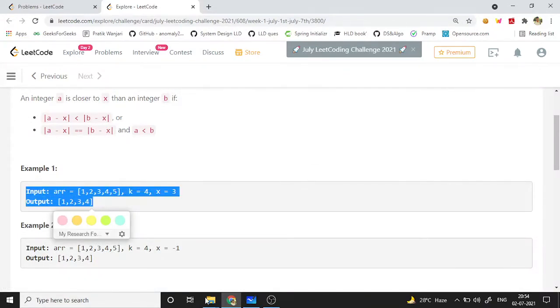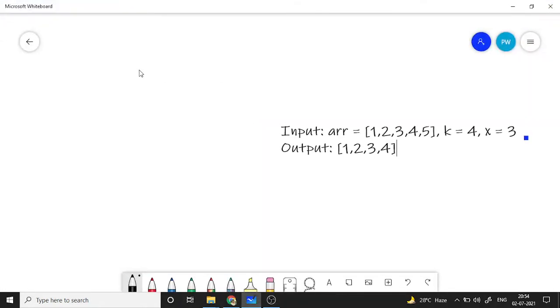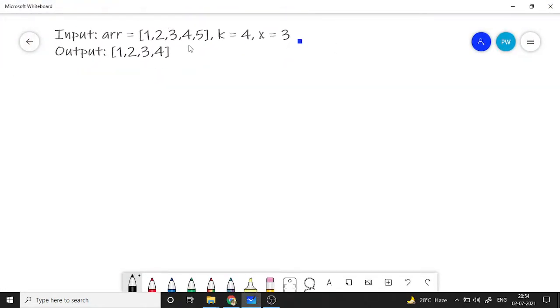Let's get started. So I will use this. So here we are given an array.